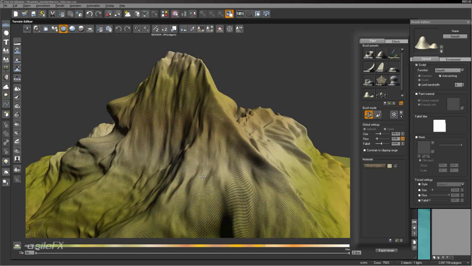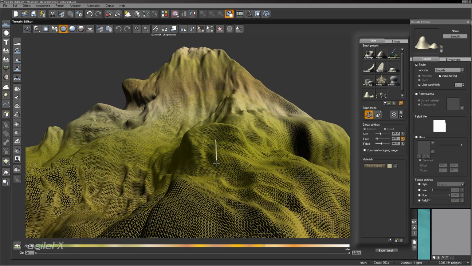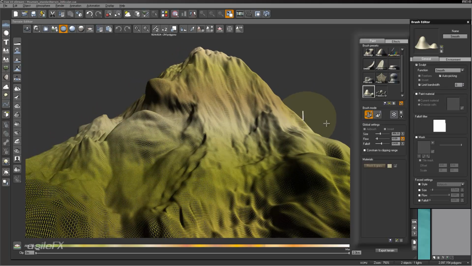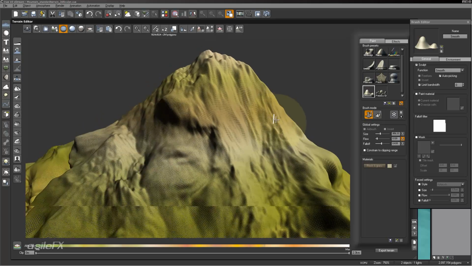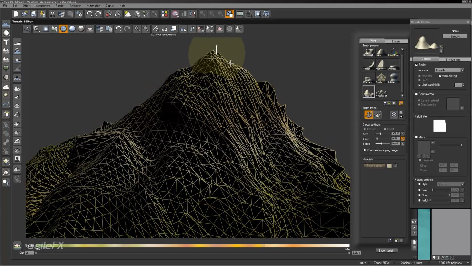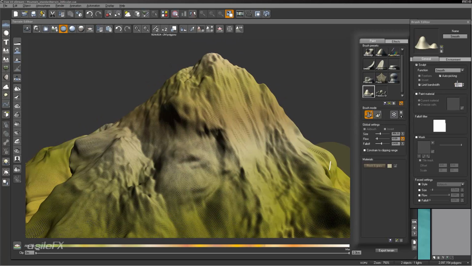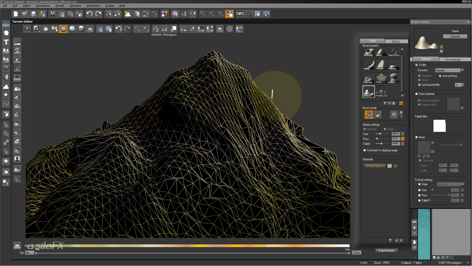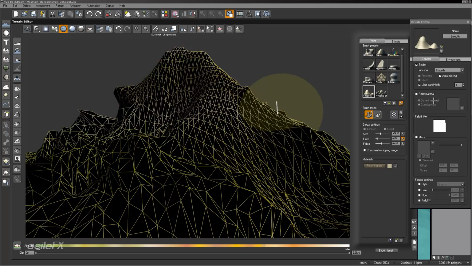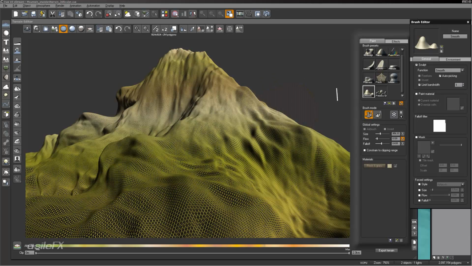Now, before I had said you should limit your bandwidth to integer numbers. That's not entirely correct. What we're going to do now is smooth the higher levels of the terrain. I'm going to grab the smooth brush, and we're going to go to limit bandwidth. And what we're going to do now is use some in-between values. So we can type in 0.25 and just a little bit more, 0.5. We can type in 0.8, 1.25,